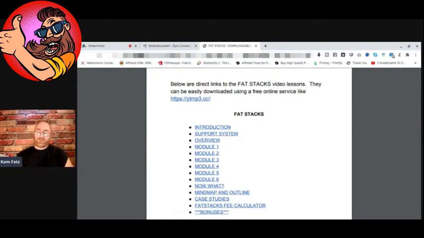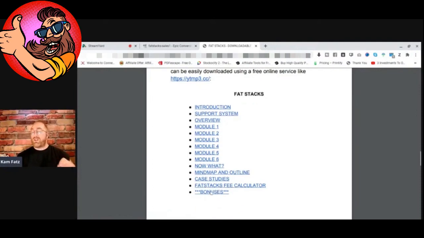That's what that fee calculator is for. And then we got a bunch of bonuses in here. I'm not going to click on here because I don't want to reveal them, but there's 5 bonuses in here, plus other bonuses that my affiliates are probably going to be wanting to add as well. So there's going to be a lot. This little bonus section is going to be stacked by the time you guys see this. But all these modules talk about something different that's very, very important, all right?